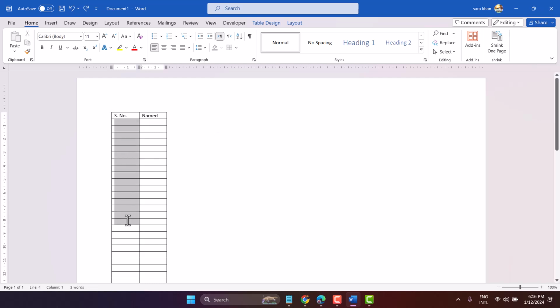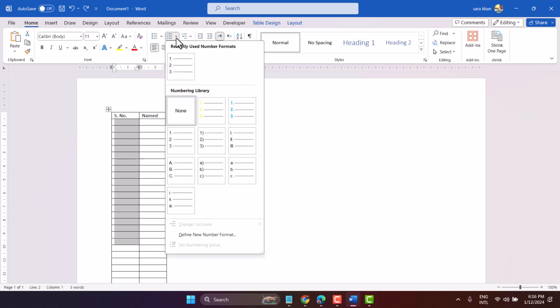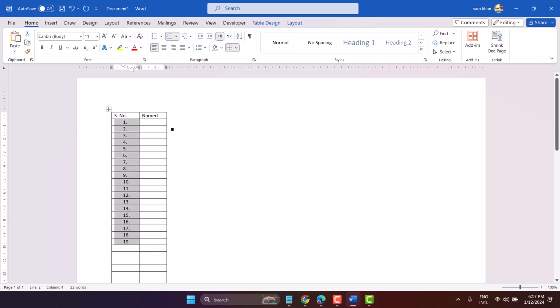Select cells where you need numbers, like from here to here. Select it, and in the Home tab, here is the Numbering option. Click this drop-down and select any style of number. Number with dots